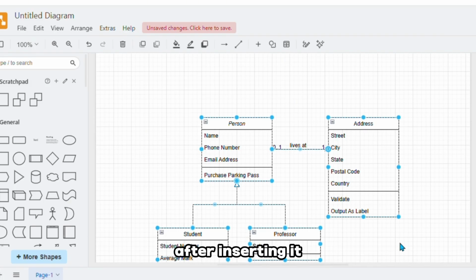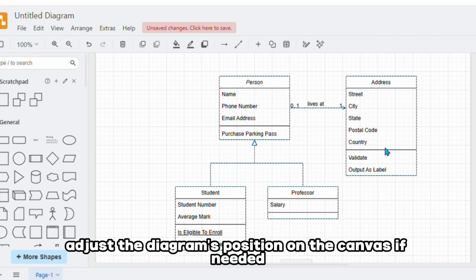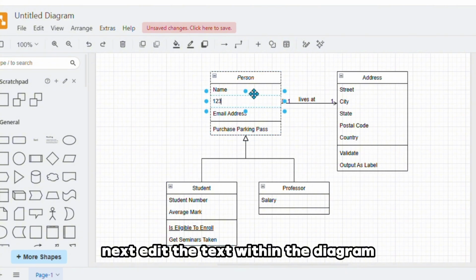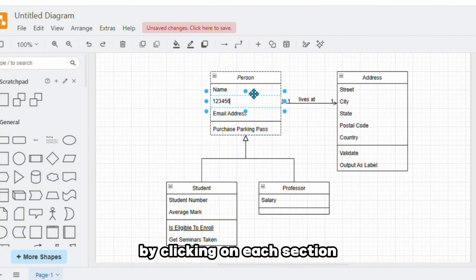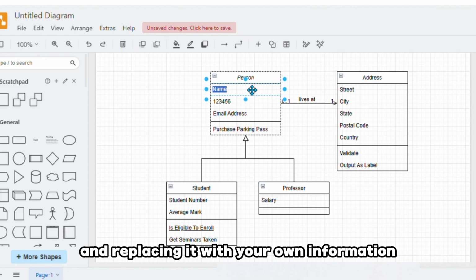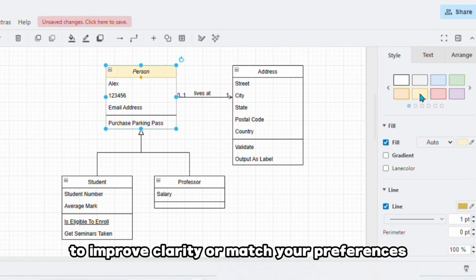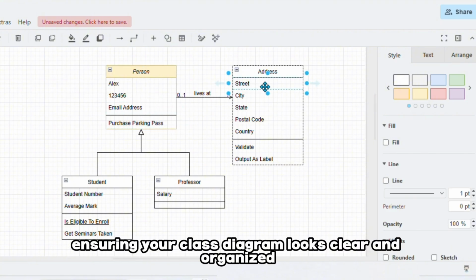After inserting it, adjust the diagram's position on the canvas if needed so it fits your layout properly. Next, edit the text within the diagram by clicking on each section and replacing it with your own information. Finally, change the diagram's color as needed to improve clarity or match your preferences, ensuring your class diagram looks clear